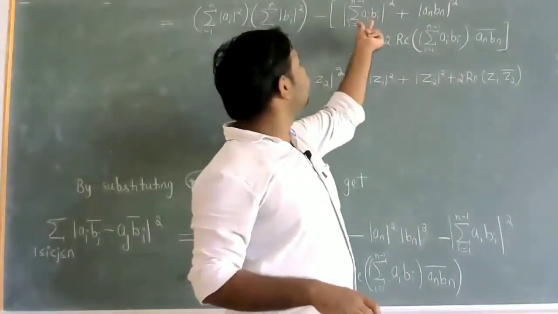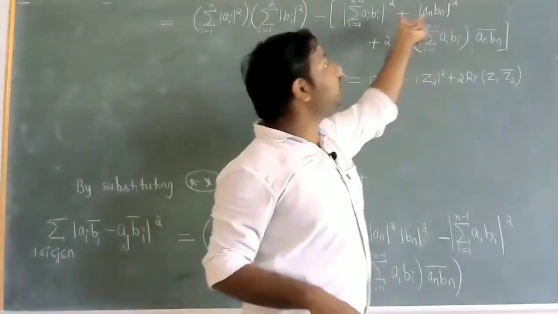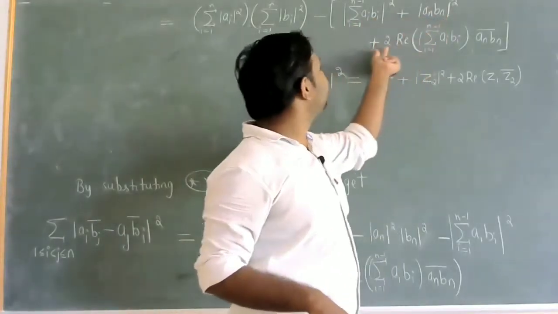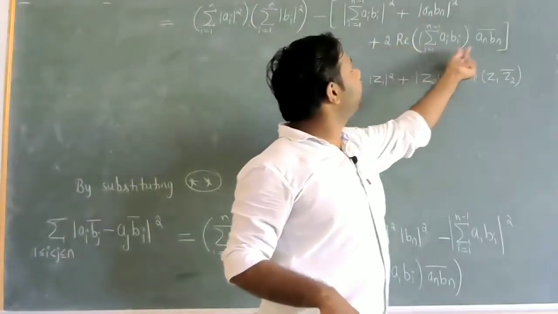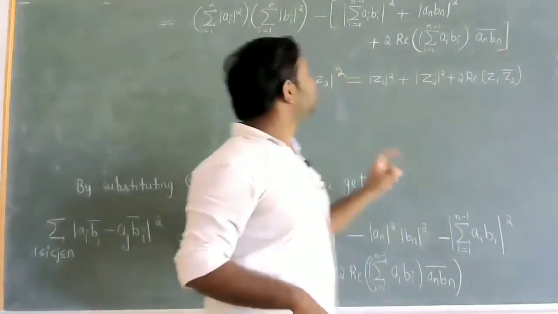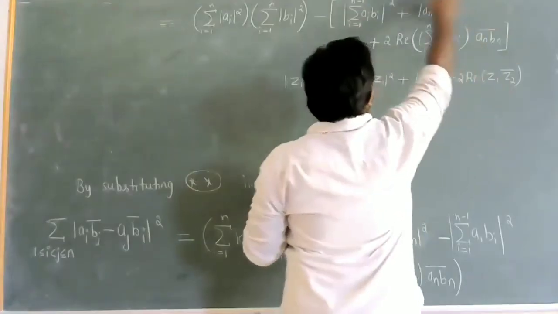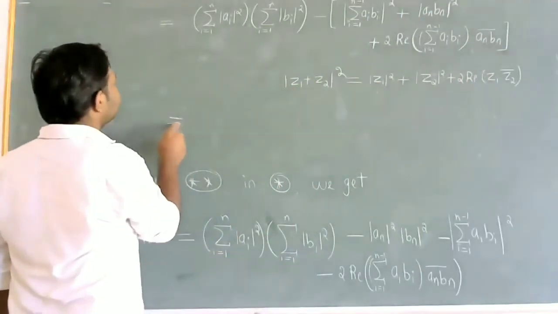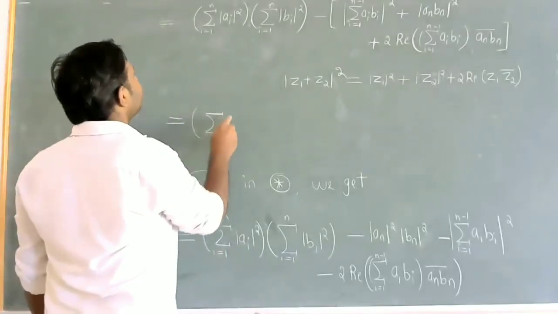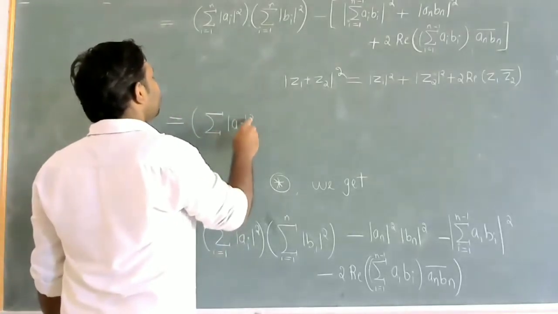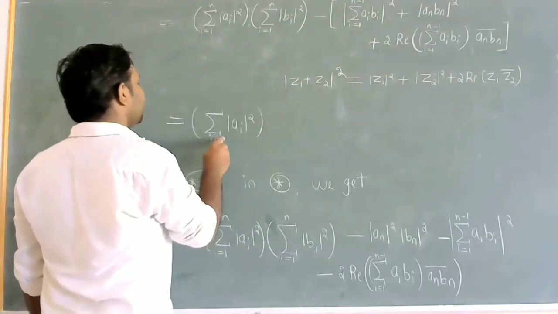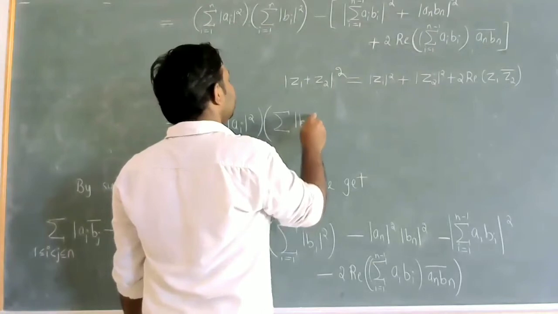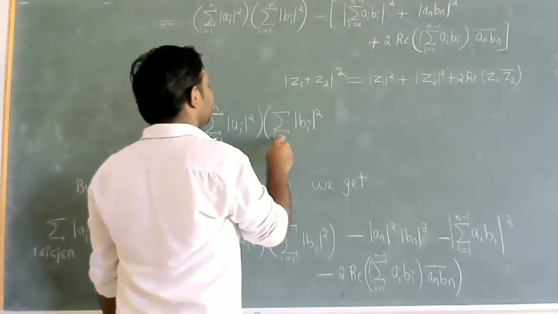So take this as z1, this as z2, then modulus of z1 whole square plus modulus of z2 whole square plus 2 into real part of z1 into z2 bar. So this whole sum can be written as modulus of z1 plus z2 whole square. So this is equal to summation modulus of ai whole square, i running from 1 to n, into summation modulus of bi whole square, i running from 1 to n,